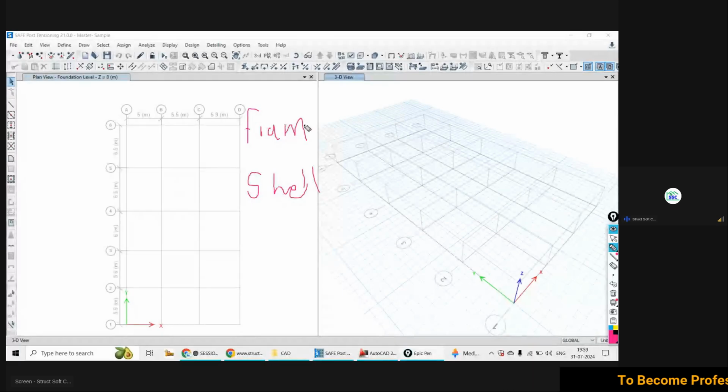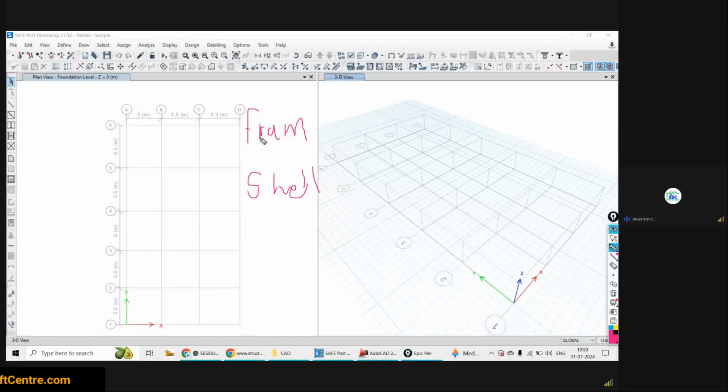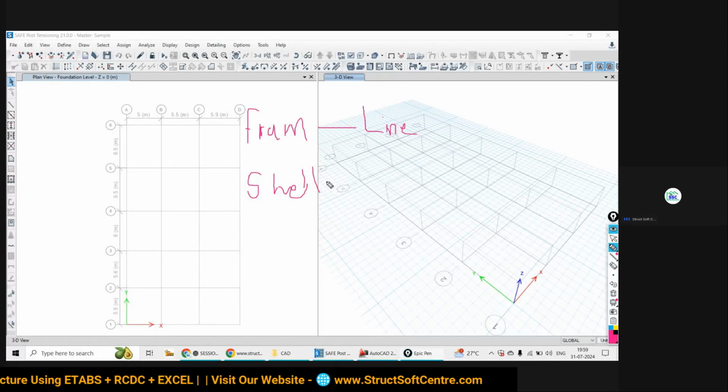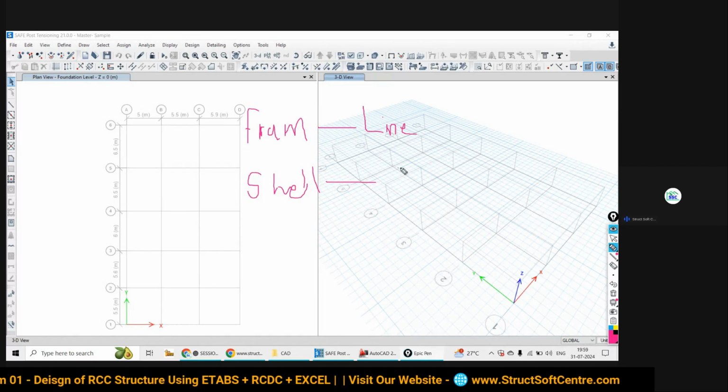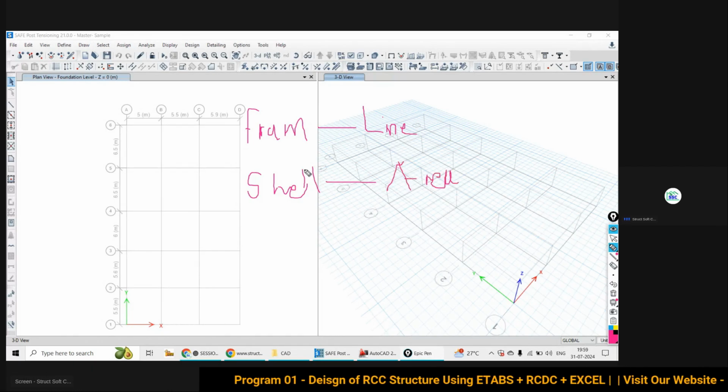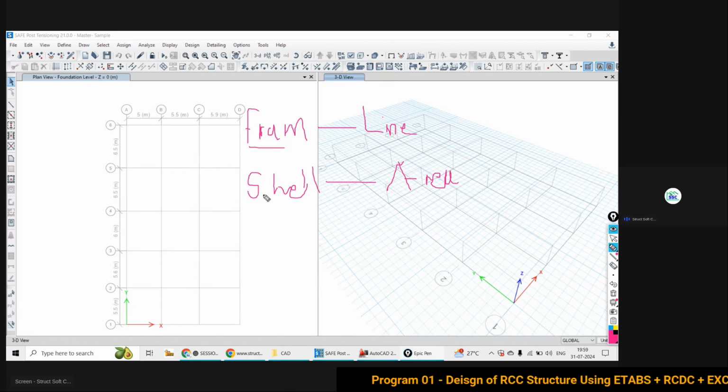In another way, for our understanding or for ease to understand, I'm going to call it line element, and this one I'm going to call area element. हमारे अंडरस्टैंडिंग के लिए मैंने क्या किया इसको, frame element, and second one is your shell element.